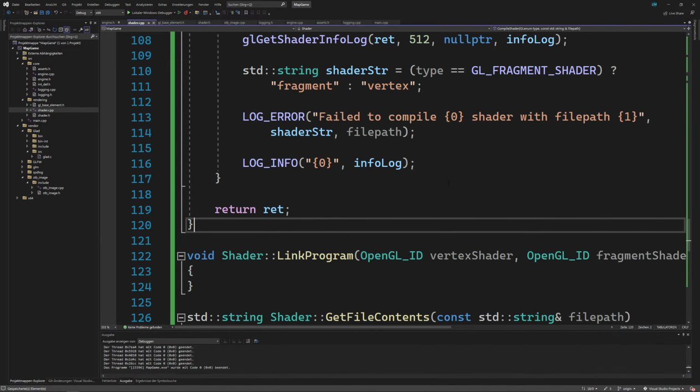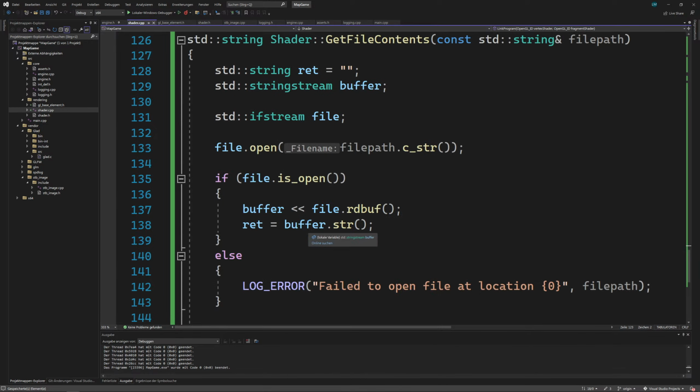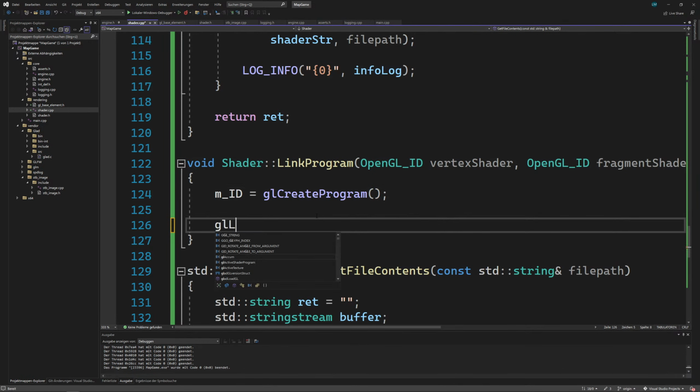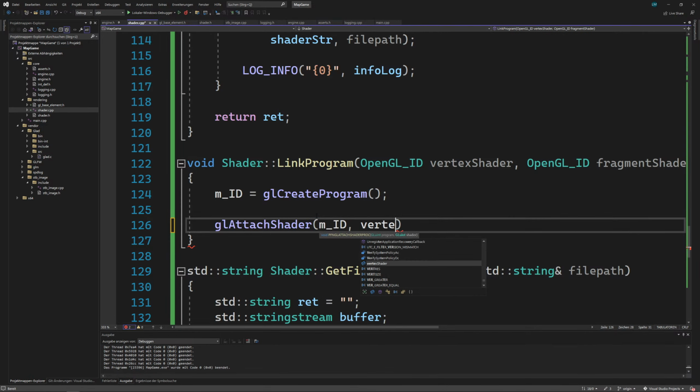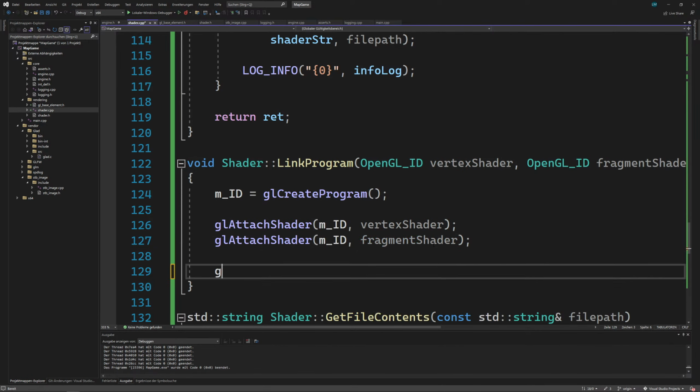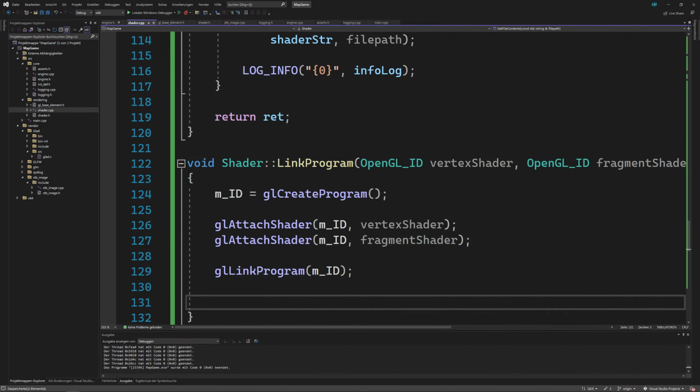Nice. Now for the final method, which is link program, we do mid is equal to glCreateProgram, and then glAttachShader mid, vertex shader, fragment shader, glLinkProgram mid, and then